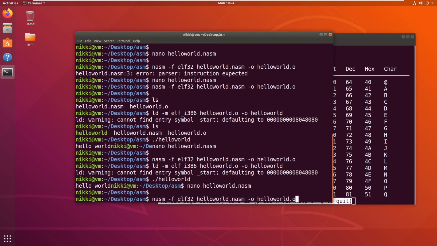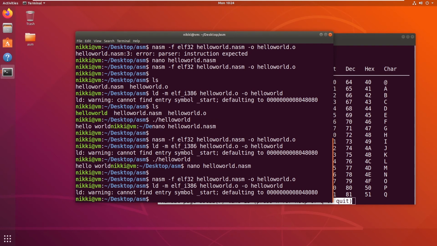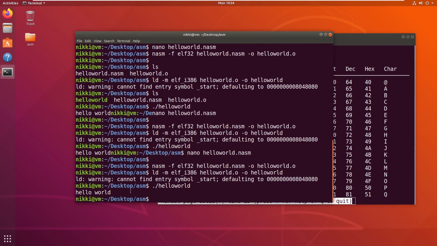Now I have to compile again with NASM and also with the linker. Now if I run the hello world, you can see the new line has been created. Now there is an error called cannot find entry symbol underscore start. Now let's fix this error also.